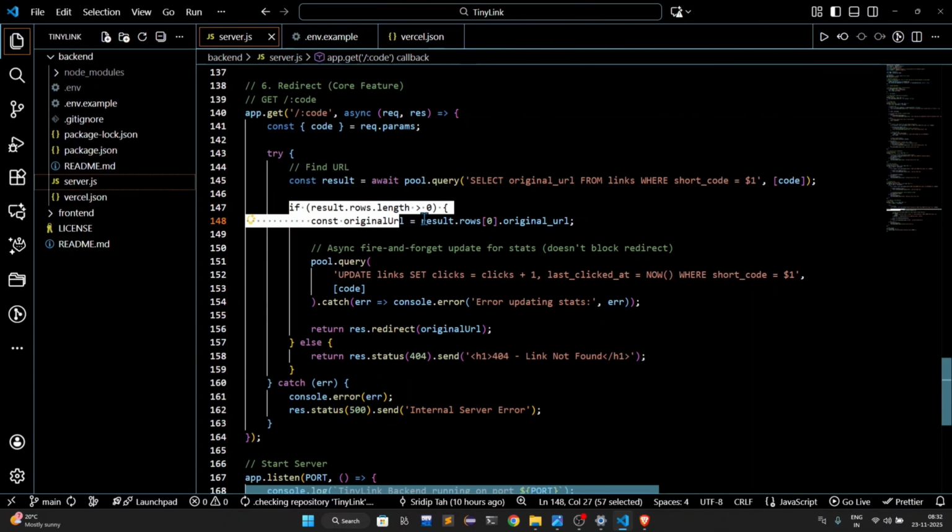So now here we are checking if the code exists twice or thrice or multiple times or not. If it exists, then we are giving the first row value for the original URL. This is for the safe side actually. As I have built this, or say a single developer has built this, this is not needed, but in a production area, when multiple devs are working on the same project, then